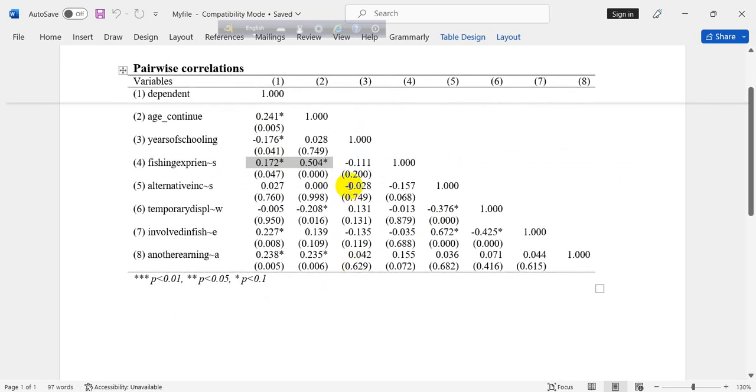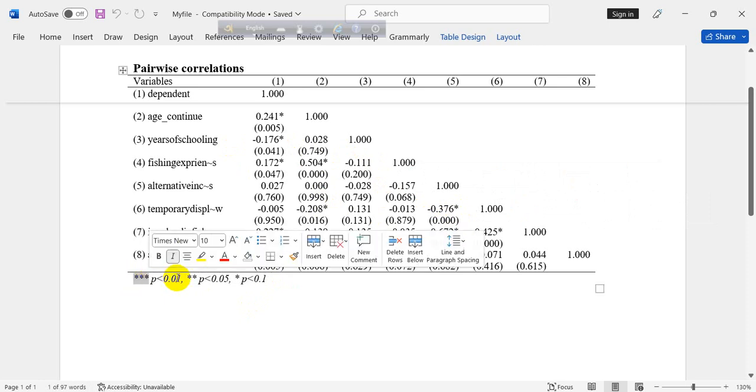If you find a negative sign here, you can say that there is a negative association between the variables, and if you get a positive sign, you can say that there is a positive relationship between these two variables. We should not consider relationships with no star marks, only the relationships where there are star marks. Also you can see here the star marks. If there are 3 stars, you can say that there is